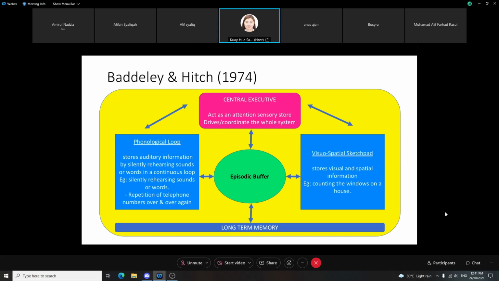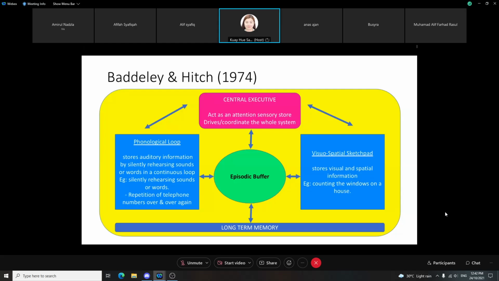It acts as an attention sensory store that drives or coordinates the whole system. So the central executive is more important here, in the middle. It's whatever is the center of attention. Okay, so it goes through a phonological loop, the blue box on the left, which stores auditory information